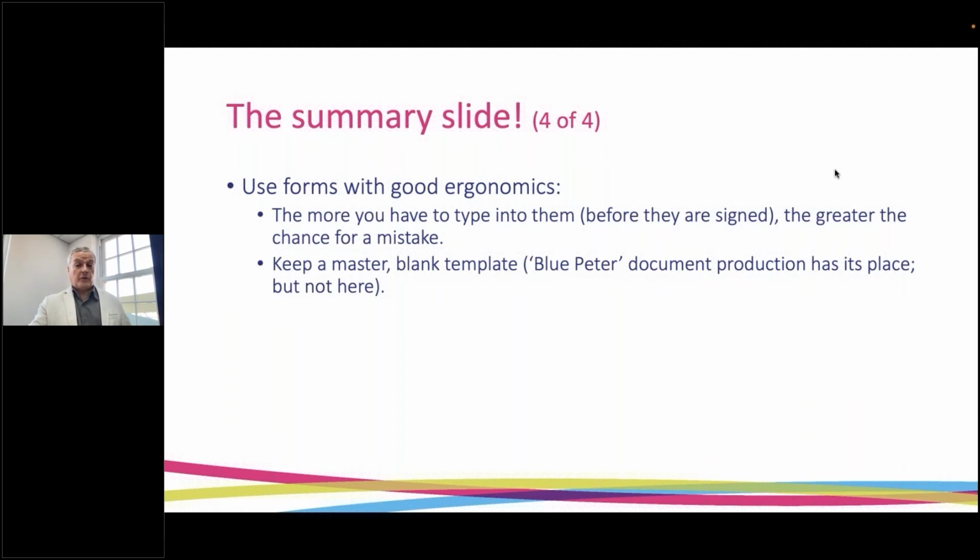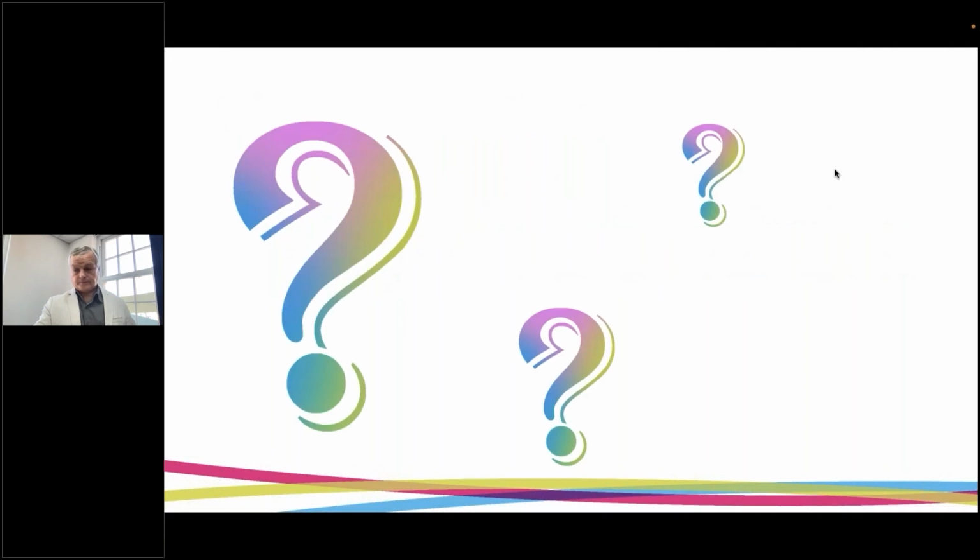And do make sure that you have a master blank template somewhere in a safe place where everybody who needs to prepare indemnities knows where it is and knows that that's the one that they should go to and use when they prepare an indemnity, rather than taking the path of least resistance and just picking up one from the last file that they used. So there we go. If anybody has any questions, then I'll be very, very happy to deal with them now.